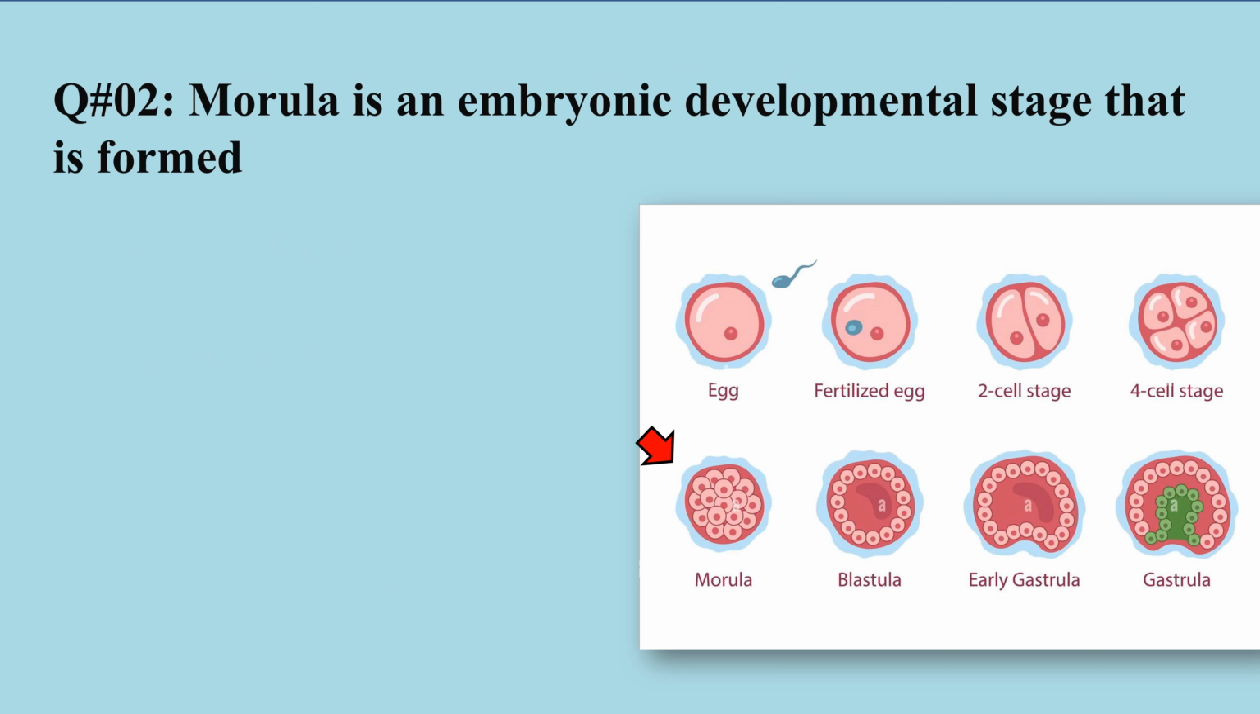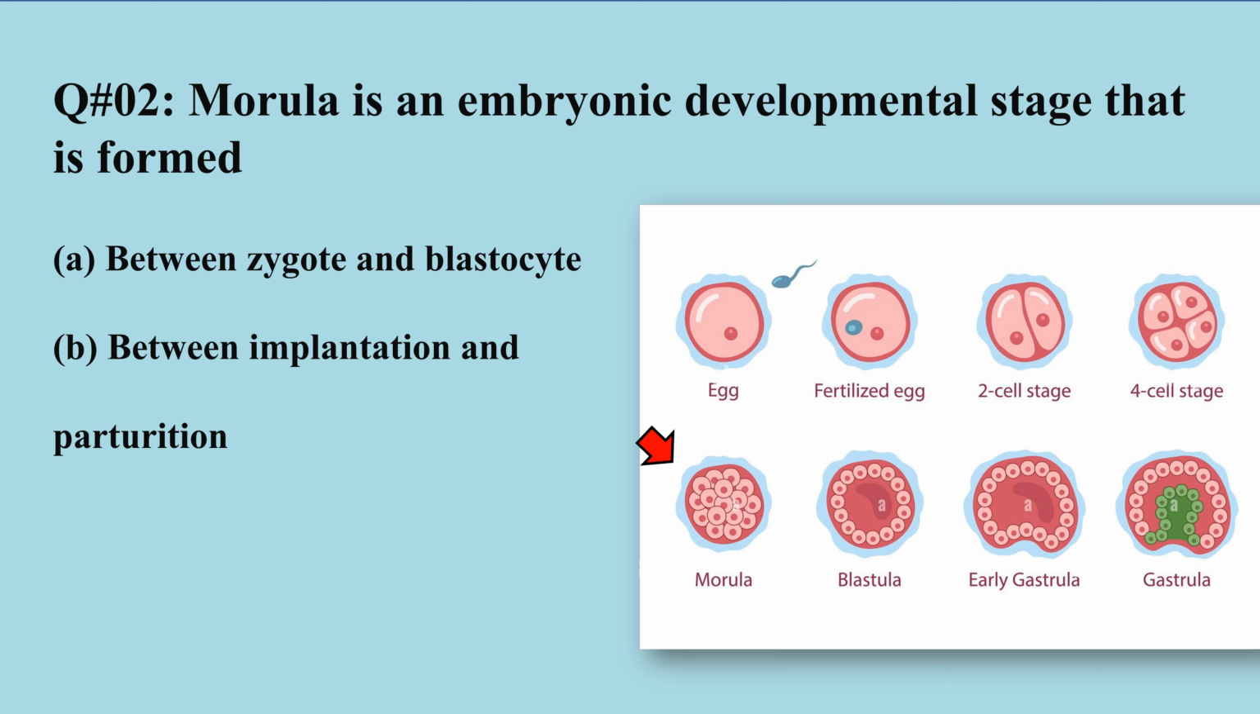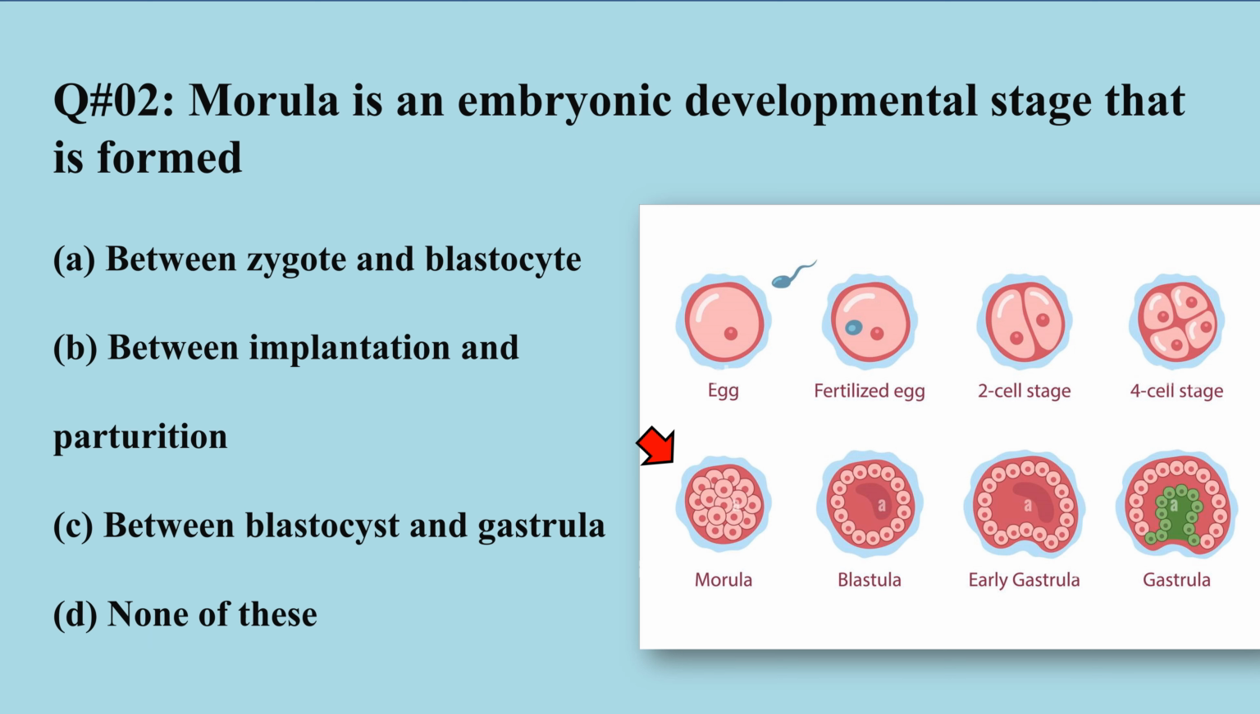The second question is about the developmental stages of embryonic development. The question is, morula is an embryonic developmental stage that is formed: A, between zygote and blastocyte; B, between implantation and parturition; C, between blastocyte and gastrula; D, none of these. As you can see in the developmental stages of embryo given here, it starts from the zygote